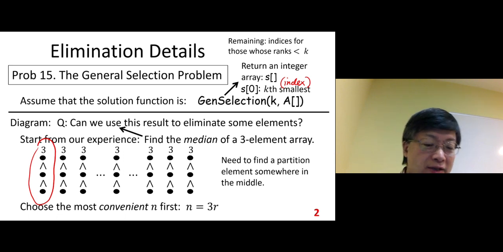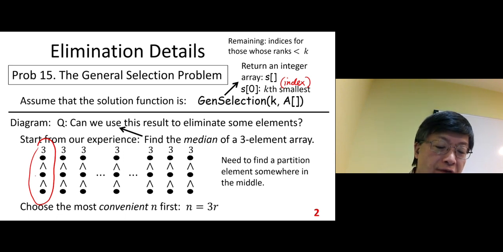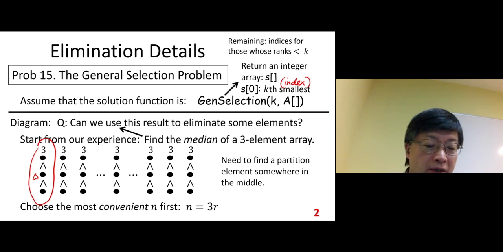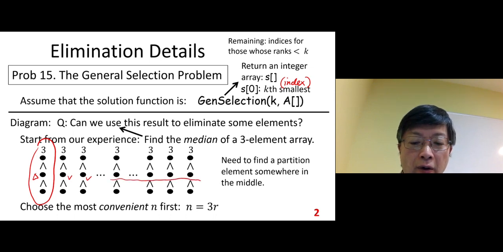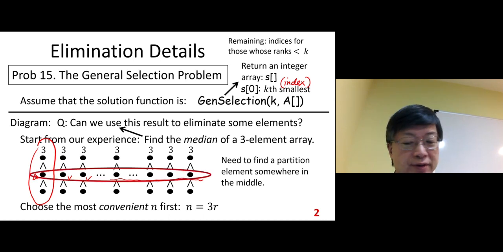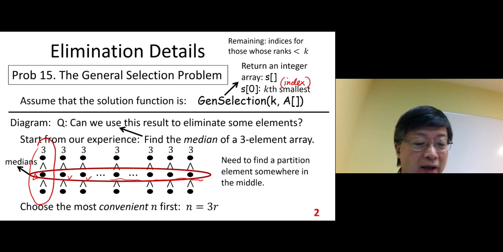That is the median for one 3-element group. Similarly, can we do the second one, the third one, each one, all our groups? So we find all the medians. What's next? After we get all the medians,